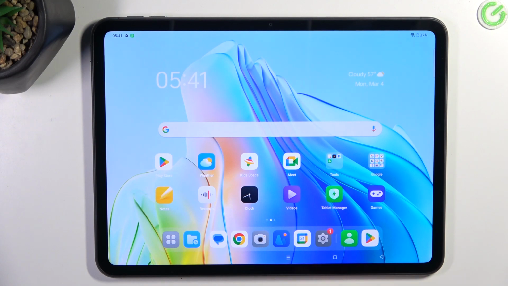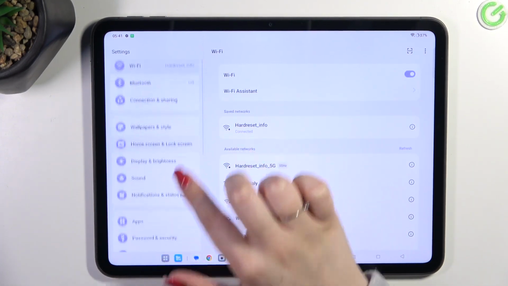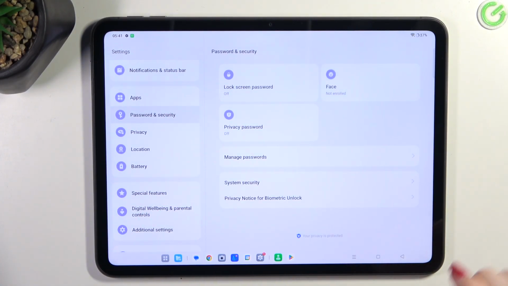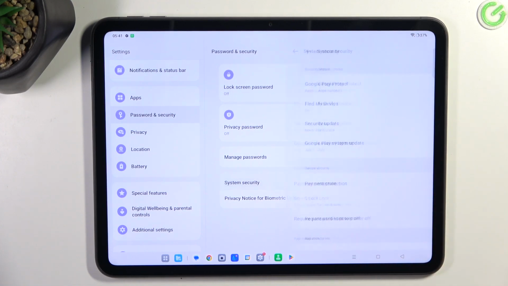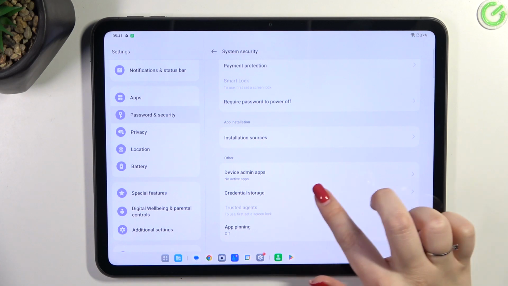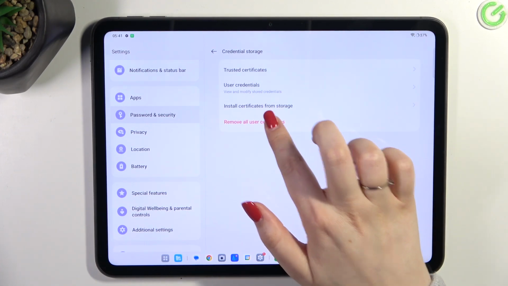So let's start with opening the settings, and here in this left section we have to scroll down to find password and security. Then let's tap on system security. Let's scroll down and enter credential storage. As you can see at the bottom, we've got the option we're looking for, so let's simply tap on it